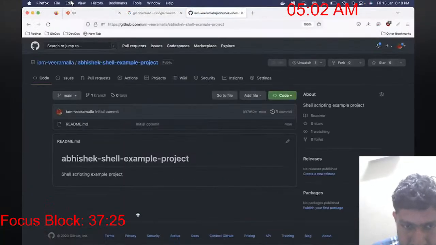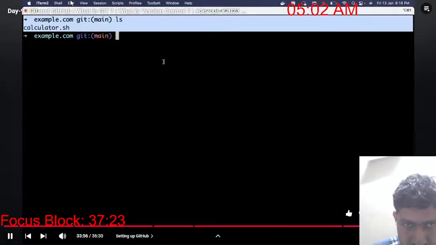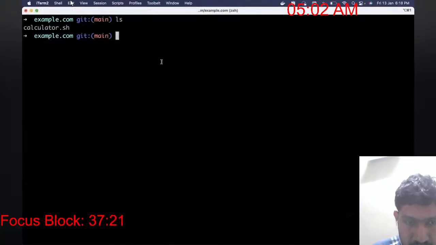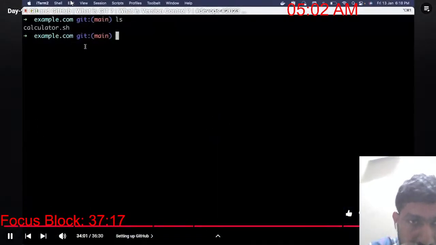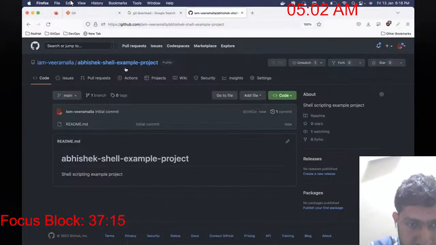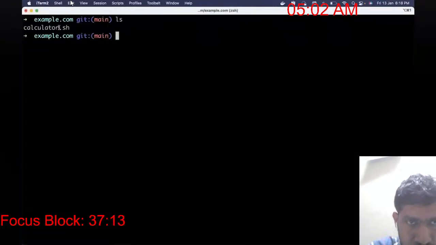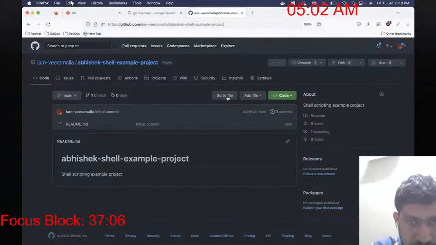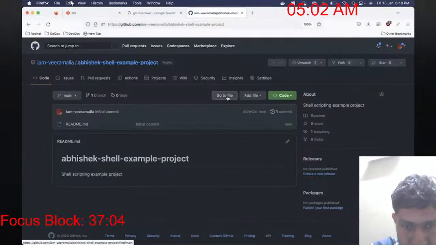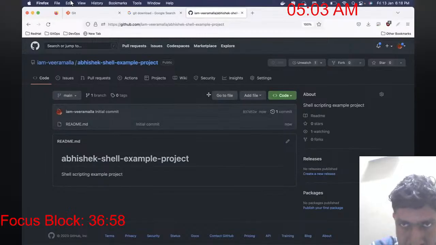And what you can do is either push your local changes to this Git repository, or directly start from here. You can create this calculator.sh, whatever changes you have for your calculator.sh, start putting your changes here, and then tell everyone that this is the system and you can start using it. Whatever changes are available, push them to the system and everybody can share.